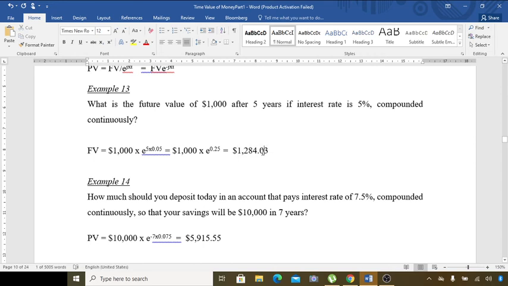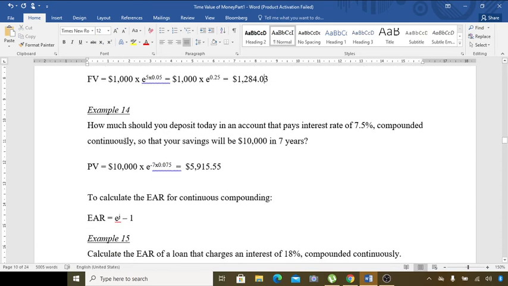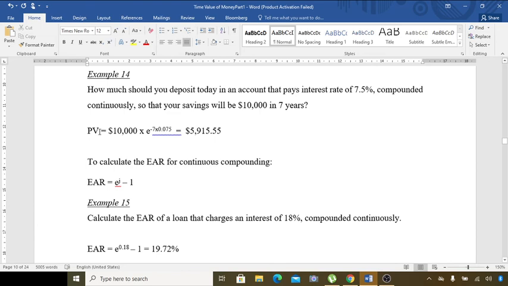1284.03. Another example: how much should you deposit today in an account that pays an interest rate of 7.5% compounded continuously so that your savings will be 10,000 in 7 years? This is the present value scenario where we solve for PV. Now PV becomes 10,000 times e, but there is a negative here because of the reciprocal, so negative 7 times 0.075. You have to calculate this first before you press the e function and multiply by 10,000. It becomes